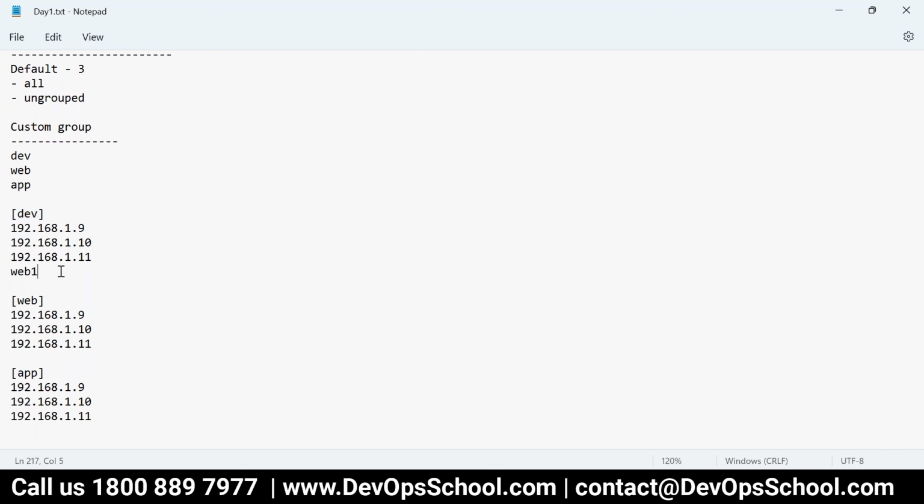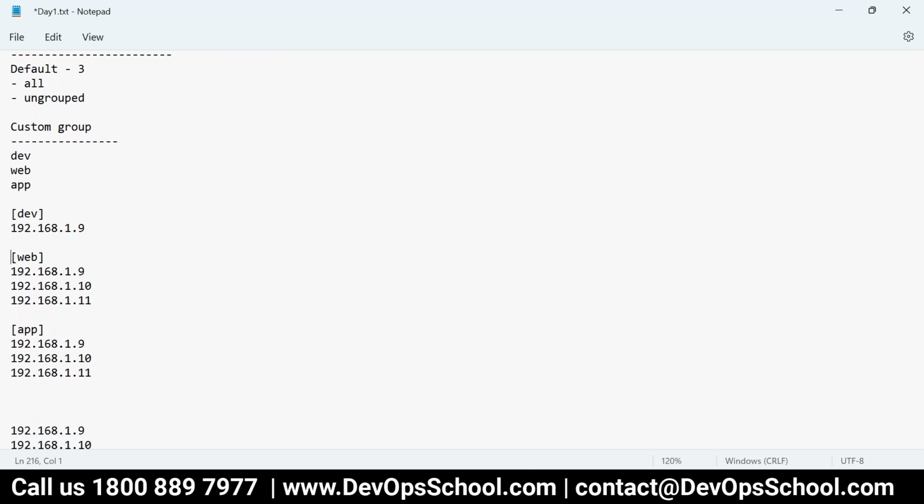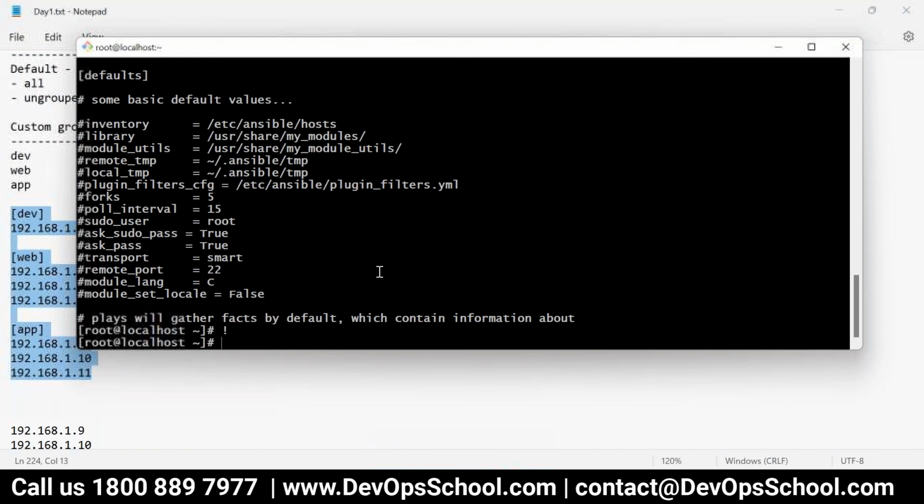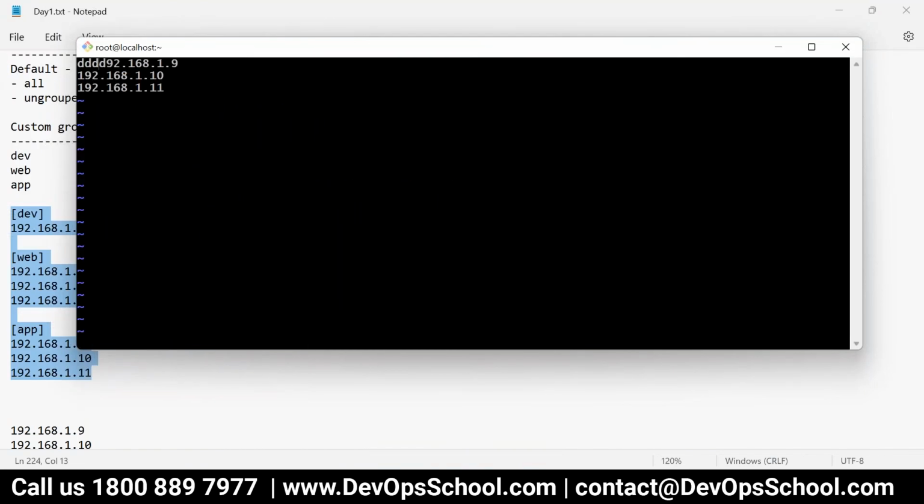This is a host name. This is the IP address of the host name, the remote server. So now I am going to make a dev group, and I am going to have only one machine right now. In this web group, app group, all these things I am going to modify. vi inventory, and let me delete this, enter, paste it, and